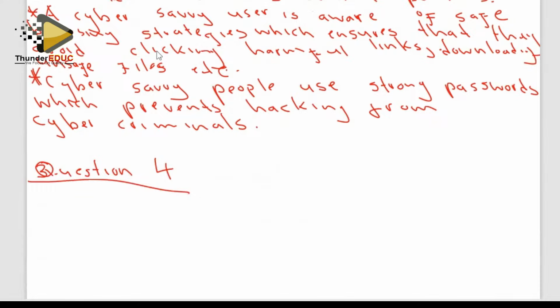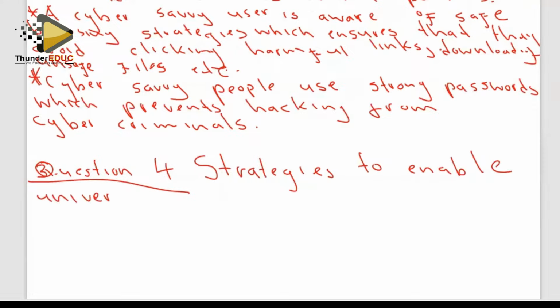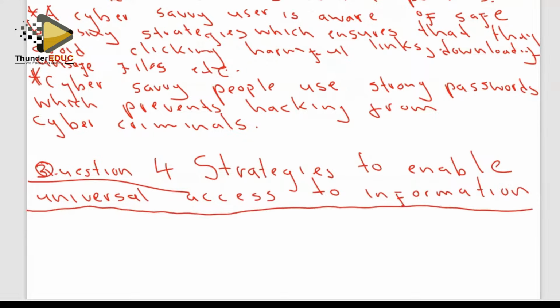Question 4, strategies to enable universal access to information for everyone. So what can media houses or media companies do to make sure that each and every individual has access to information? All right, so media houses can translate